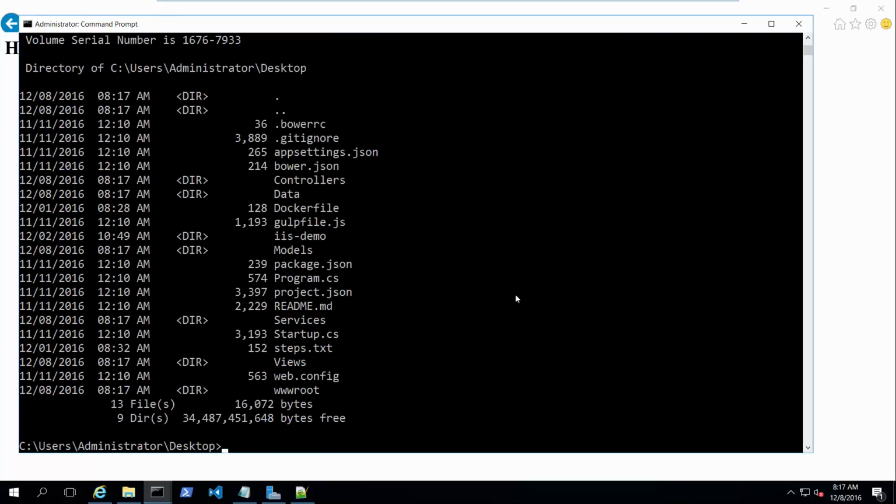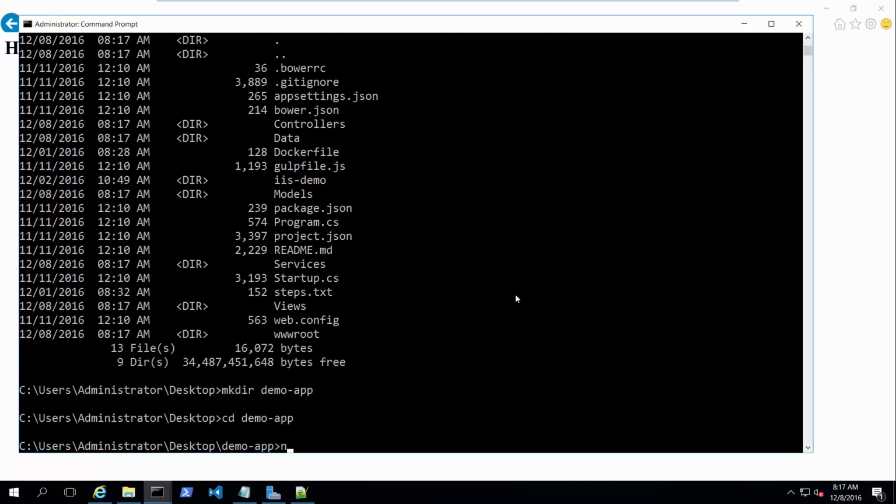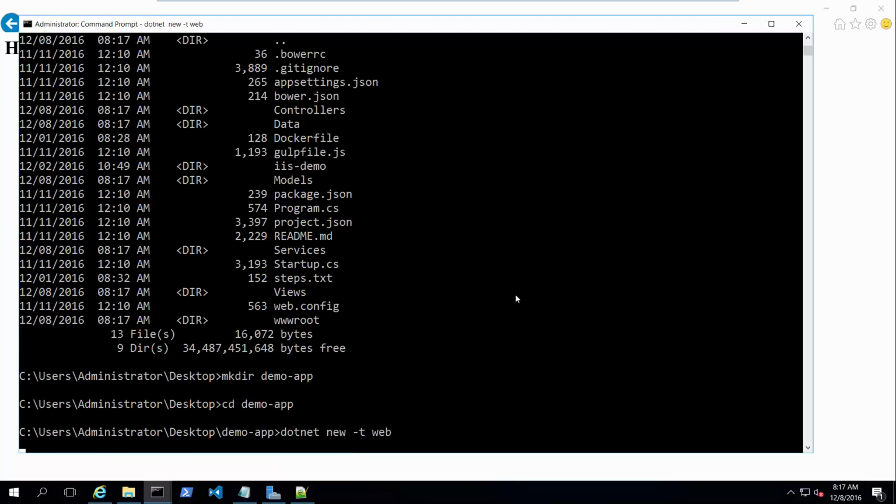Let's make a directory first so I don't get it on my desktop. I'll just call it demo app, and I'm going to cd demo app, and I'm going to go dotnet new web, and that's going to create a new